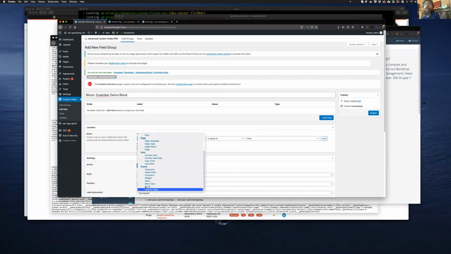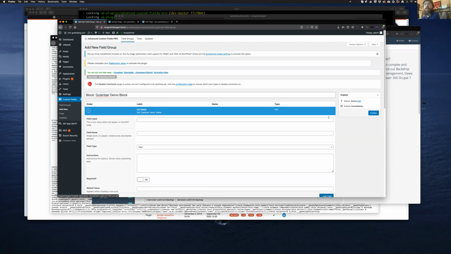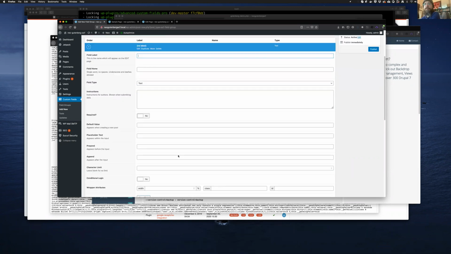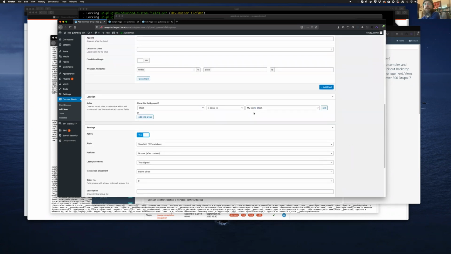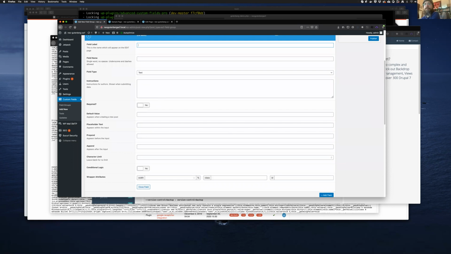As soon as I pick the block down here, it's going to look through all and see, here it is, my demo block, right? So now, as I add a field to this particular set, it will be used whenever I call this block in my Gutenberg editor, okay? So let me just go ahead and create,